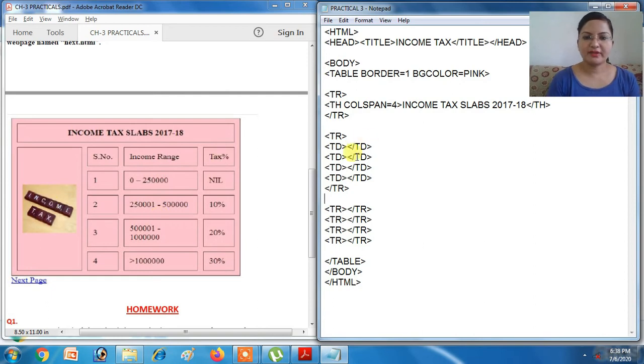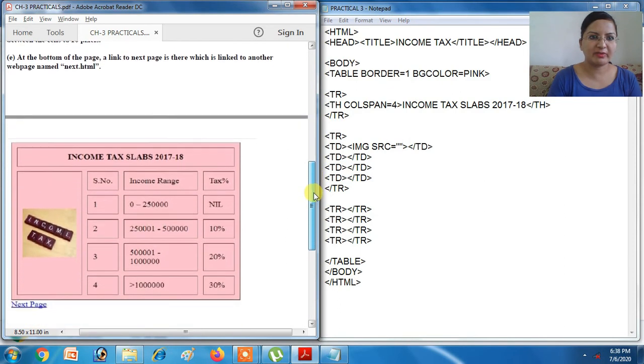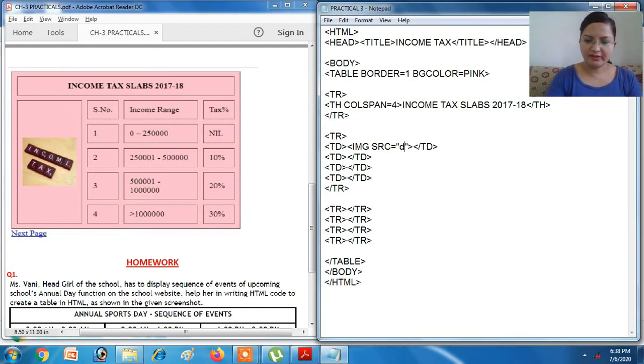Now in the first one we have to use an image. IMG SRC in double quotes. The image name is already given, so we have to use the same, it.jpg in small letters, and it is in D drive. it.jpg, or you can copy the path also and then you can use the image.